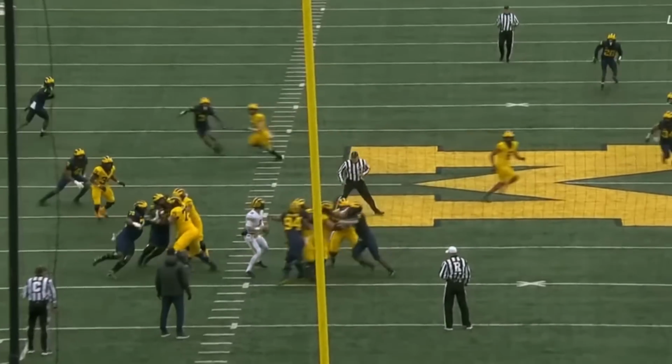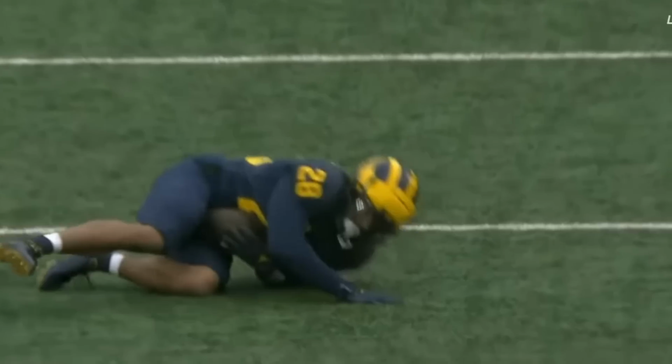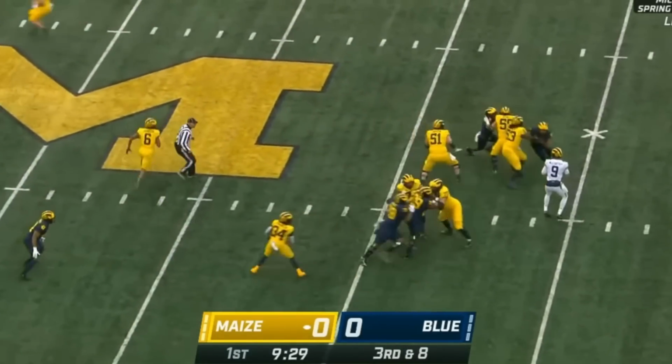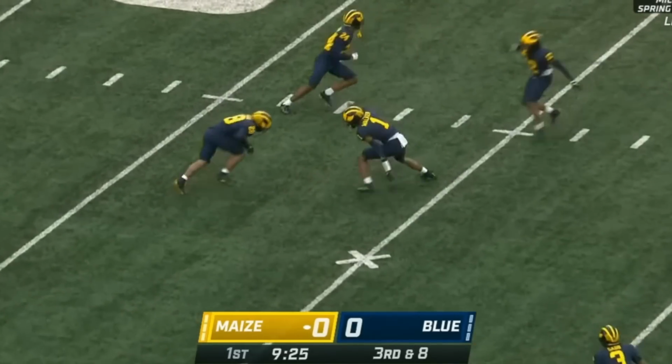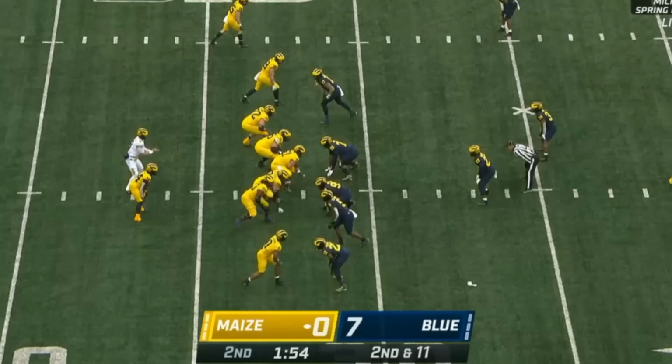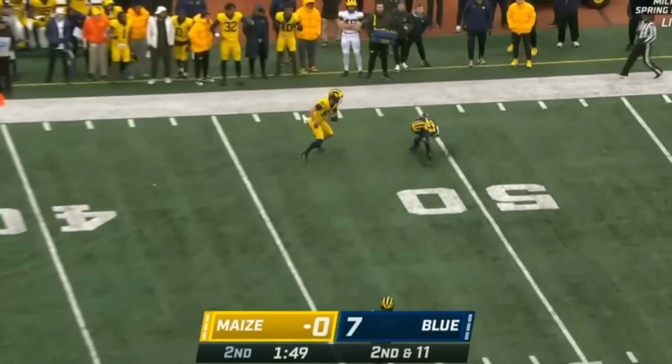On his first series, he threw a pick kind of over the head of tight end Marlon Klein. He was wide open, but he just overthrew him, and that ball was picked off by Quentin Johnson of the blue team. And then in the second quarter, McCarthy couldn't get really anything going except for the final drive before